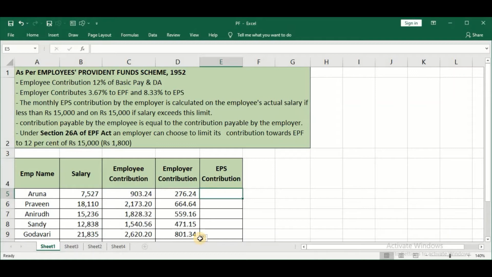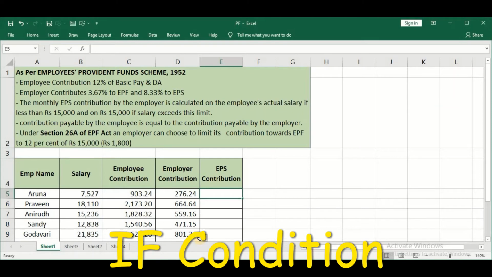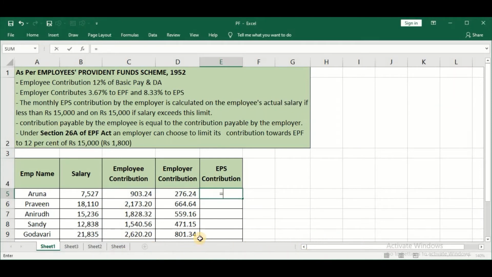So, in order to calculate EPS, we should make use of the IF condition because I have a criteria here. So, start off with equal sign and then make use of the IF condition. Now, first it is asking for the logical test. Now, logical test is nothing but my salary should be less than or equal to 15,000. Comma, it is asking value if true. Now, what is the result that you need to get if this condition becomes true? If this condition becomes true, then the calculation is my salary into